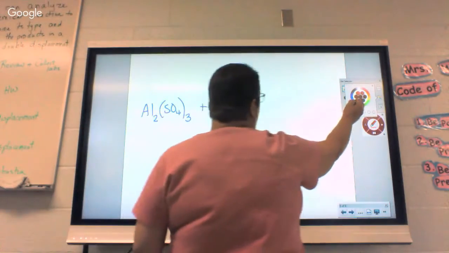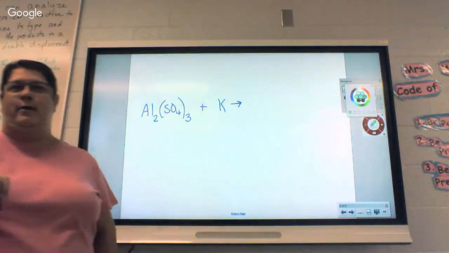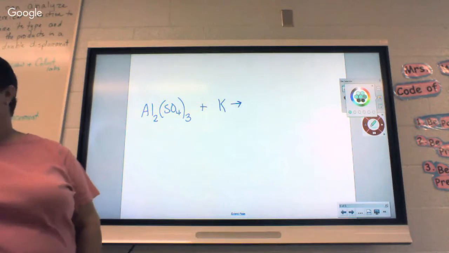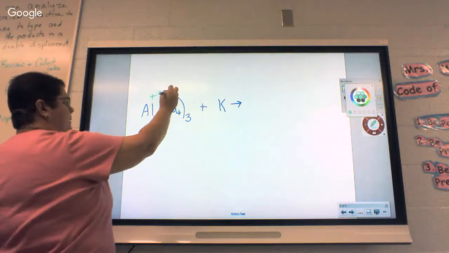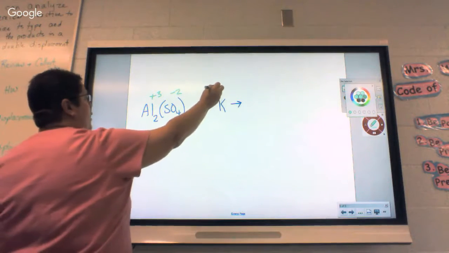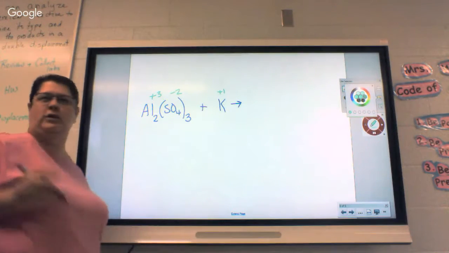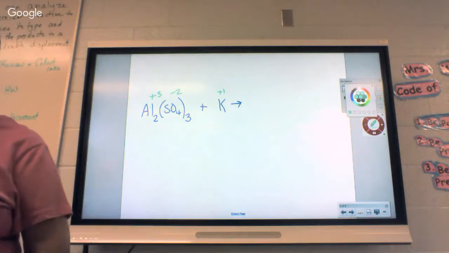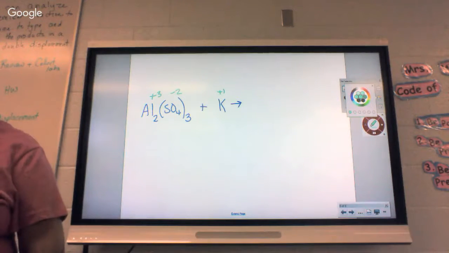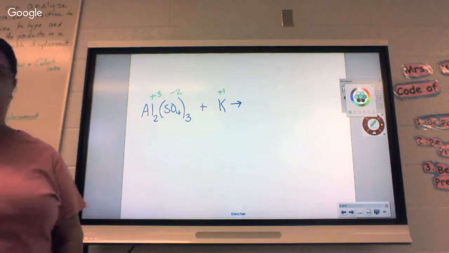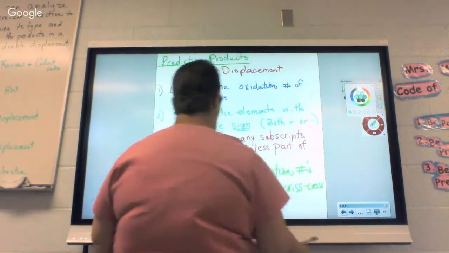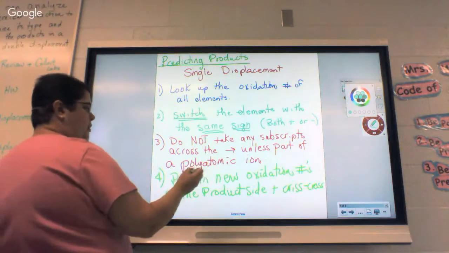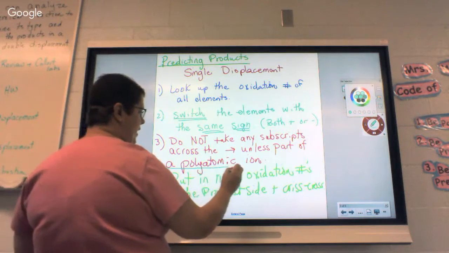It's all good. All right, so if we look at aluminum sulfate and potassium, what's aluminum's oxidation number? And sulfate? Okay, and potassium. So this time when we switch, what is the only number that gets to go across that arrow? All right, let's go back to the step. The only number that gets to go across is part of the